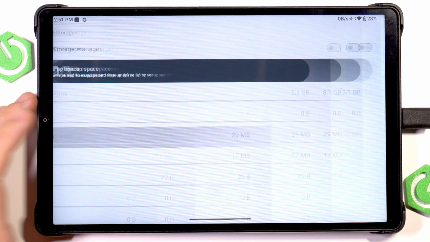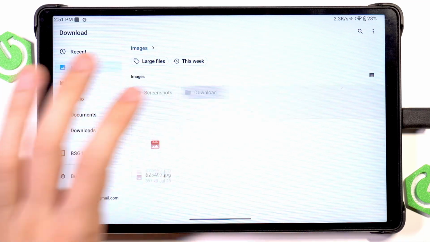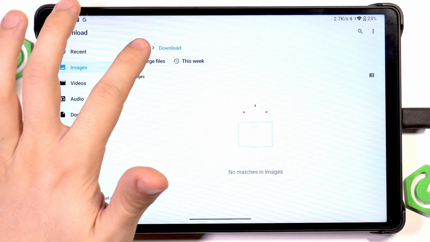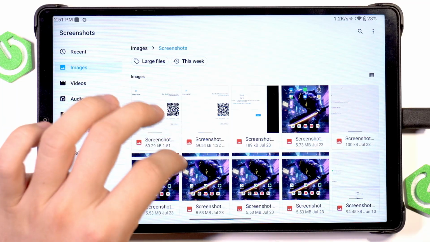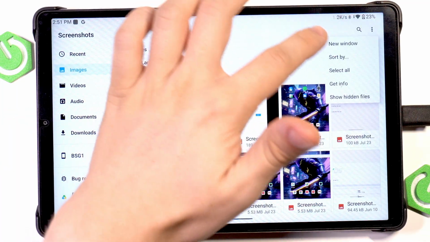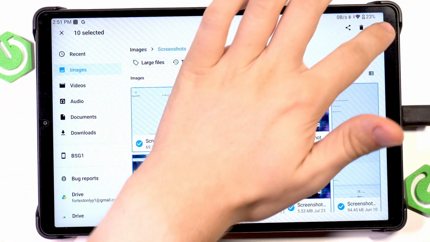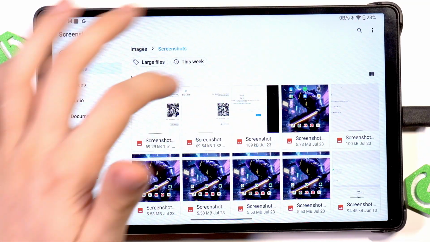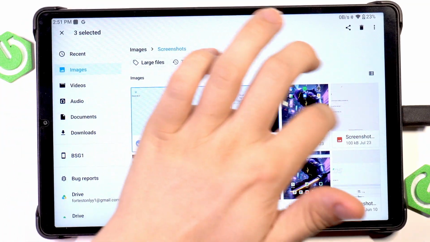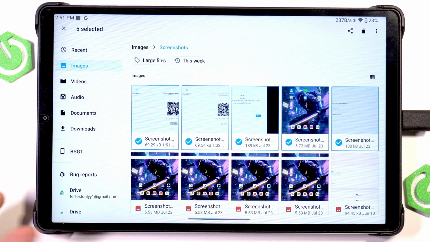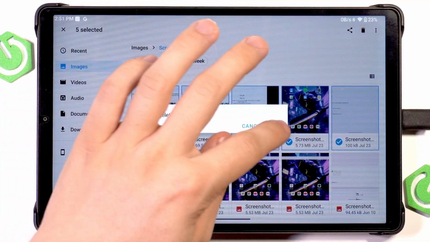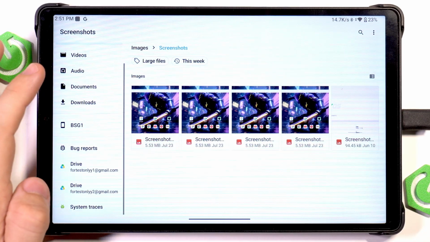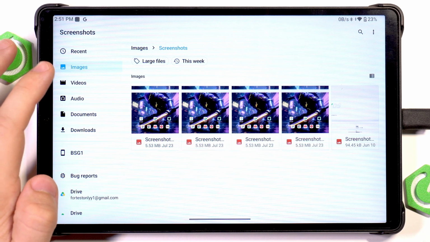Okay. Now if I go to images, I can, for example, find the images that I have. Let's go to screenshots, for example, and if I want to delete some, I can click here, select all, for example, or just press and hold on one of them and then start clicking on the other ones that I would want to delete, then delete them, click on OK. But later they won't be deleted. I think they won't be deleted